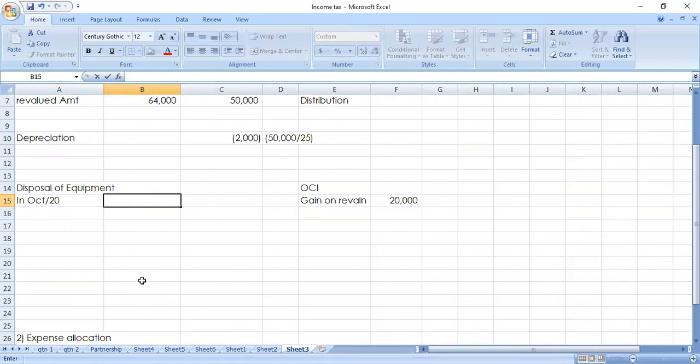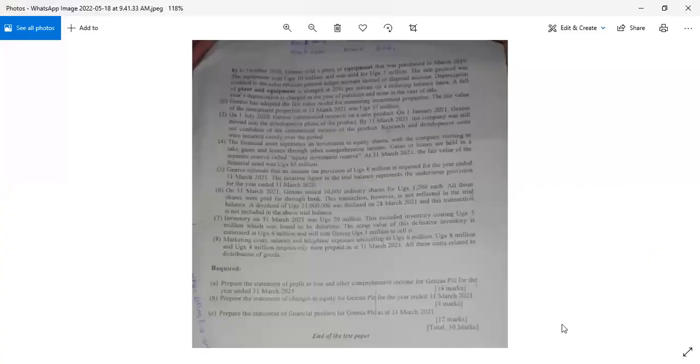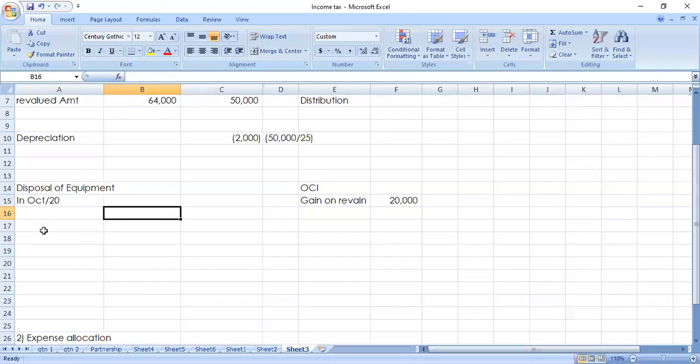Let's clear. So then, if we take it to the question, they say that it was purchased in March 2019. So the date of purchase is 2019. This asset we're referring to was purchased